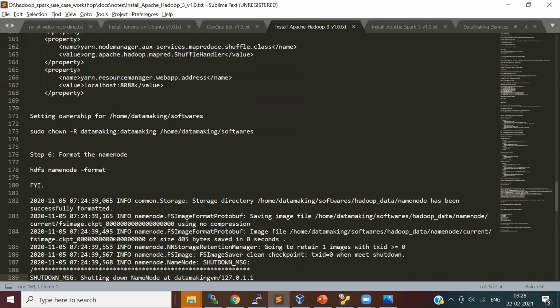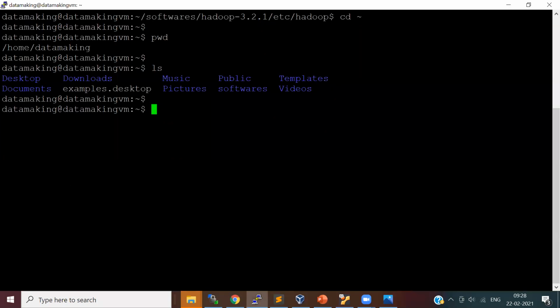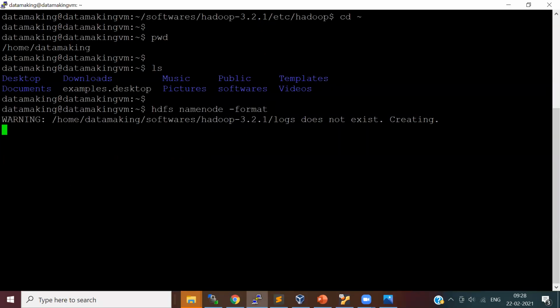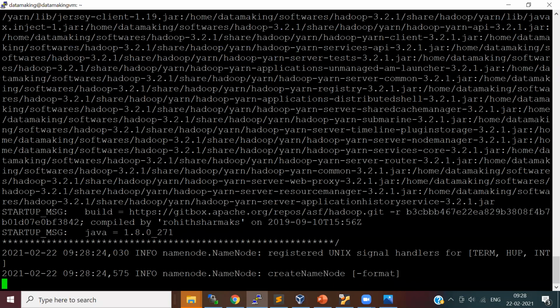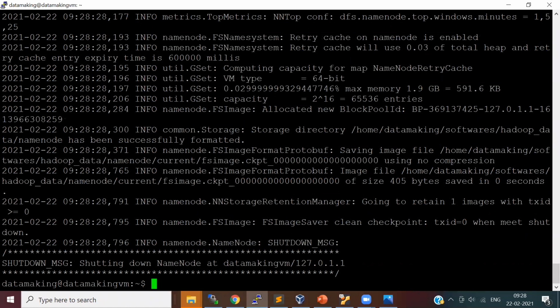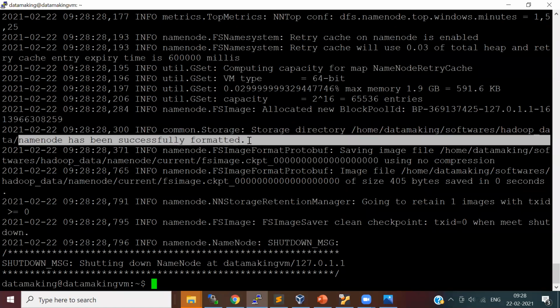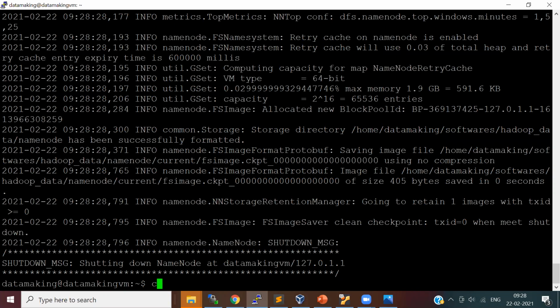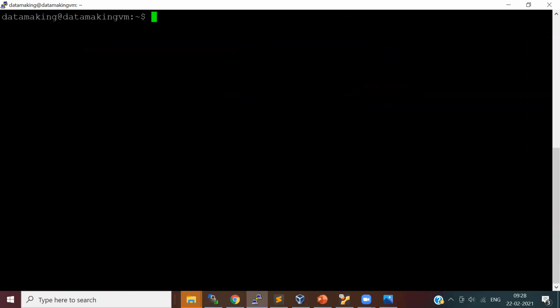Just a minute. So I'll run this command, hdfs namenode -format. When you run this, it is going to format your name node. And here it says the name node is successfully formatted. If you see this message, then everything is set up. The name node is at least set up properly.